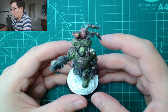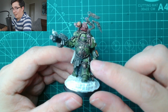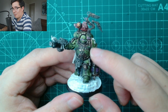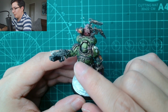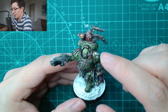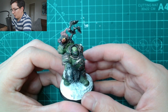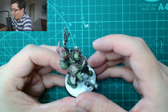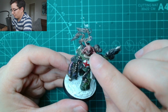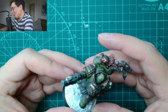So basically what I did, I gave him a new chest piece, I gave him a new head, I gave him a new gun, gave him a new shoulder piece, gave him this little chainmail bit, and gave him a Nurgling, and also painted him green. So in terms of the process,